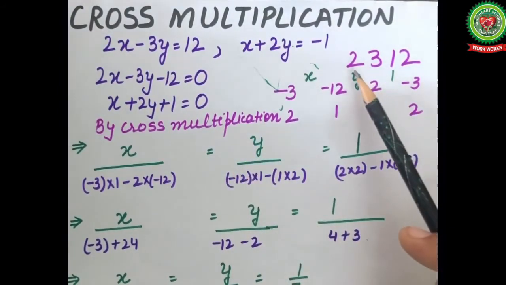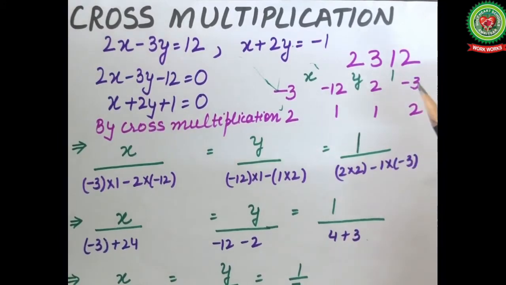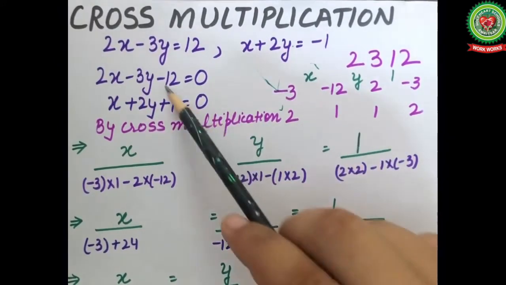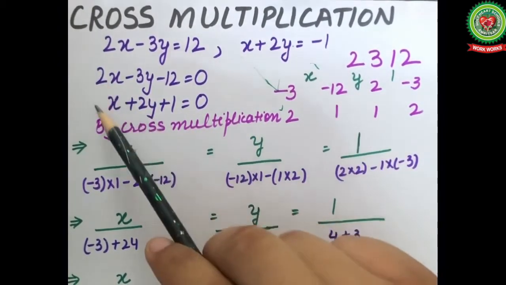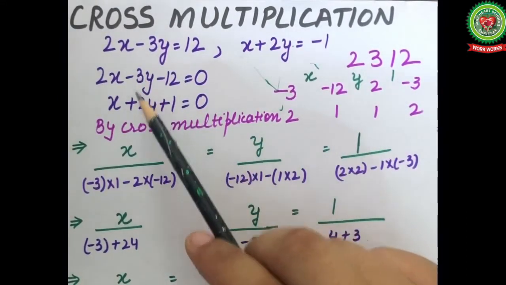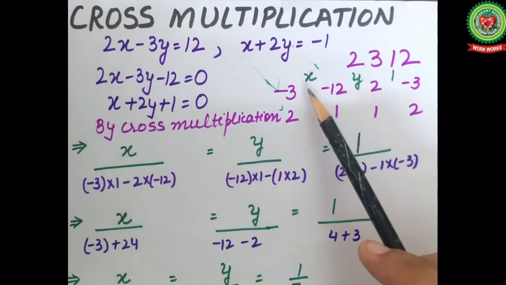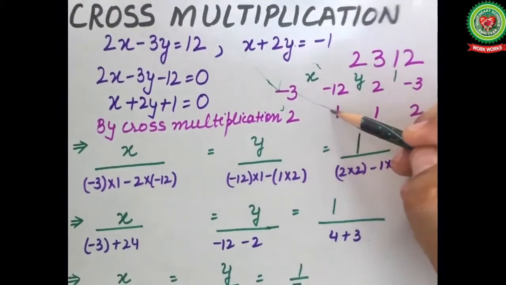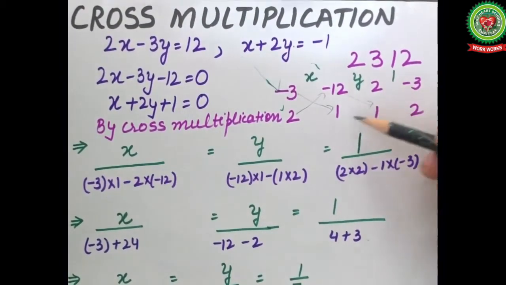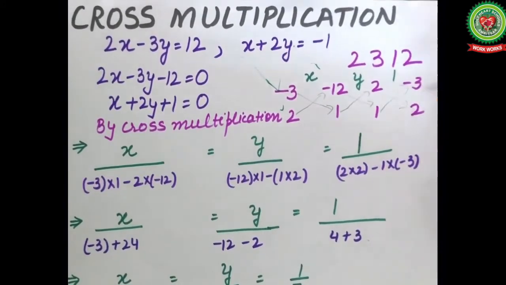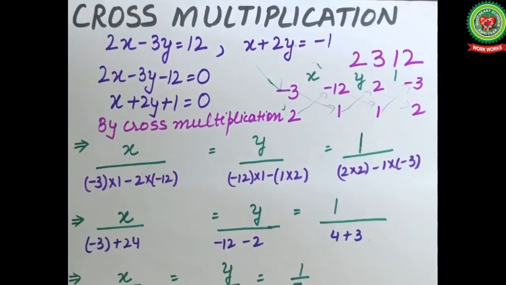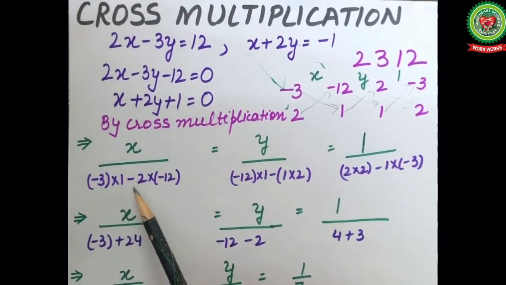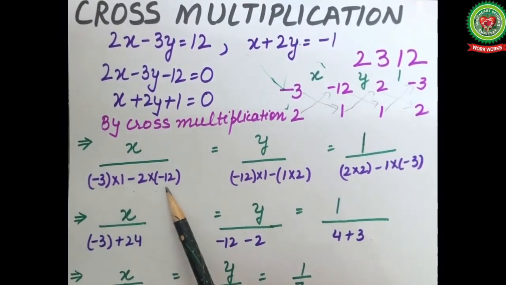Now we have to follow our second step, that is we have to arrange the numbers in the order 2, 3, 1, 2, and on arranging we get minus 3 and 2, minus 12 and plus 1, 2 and 1, and minus 3 plus 2. And in between we have to write x, y and 1. Now we have to do the cross multiplication. So we are going to draw the arrows. Now on multiplying, we are going to write x upon minus 3 multiplied by 1 minus 2 multiplied by minus 12